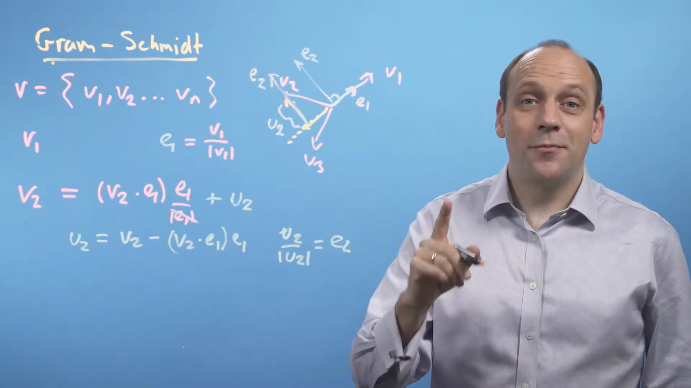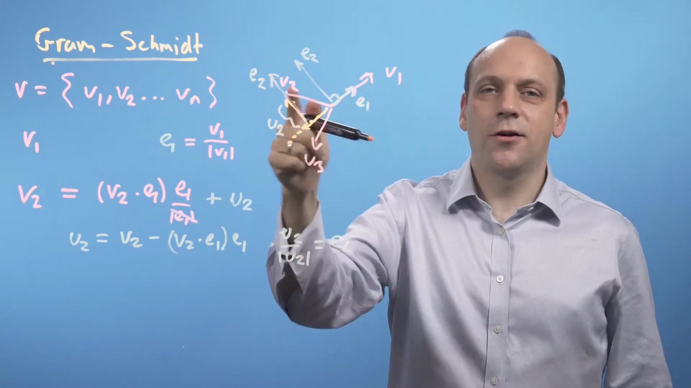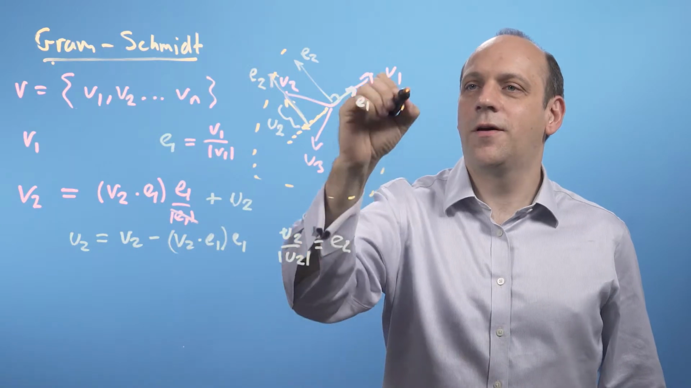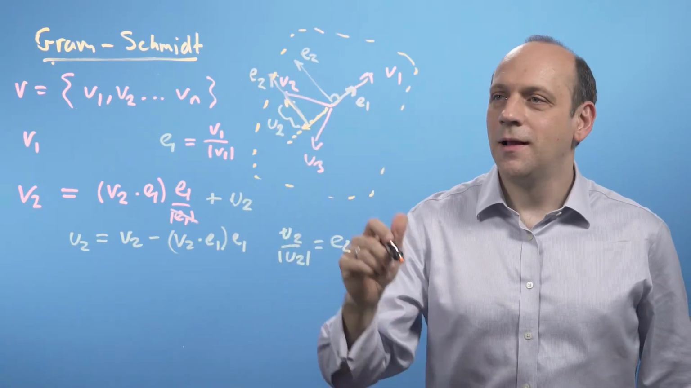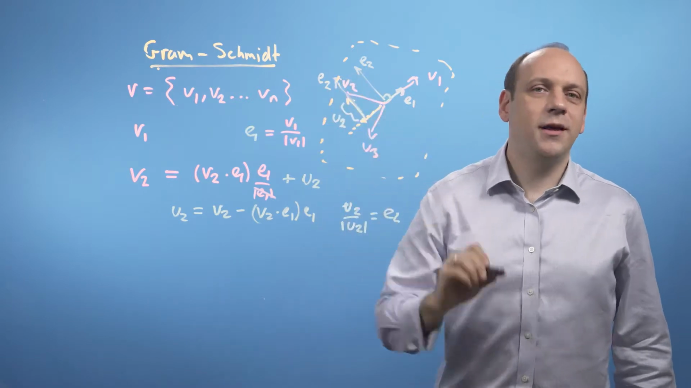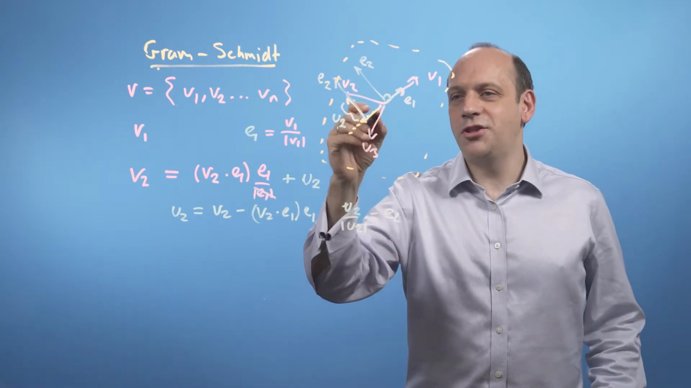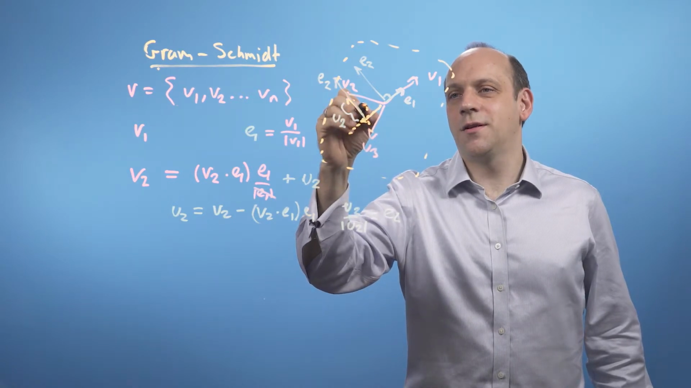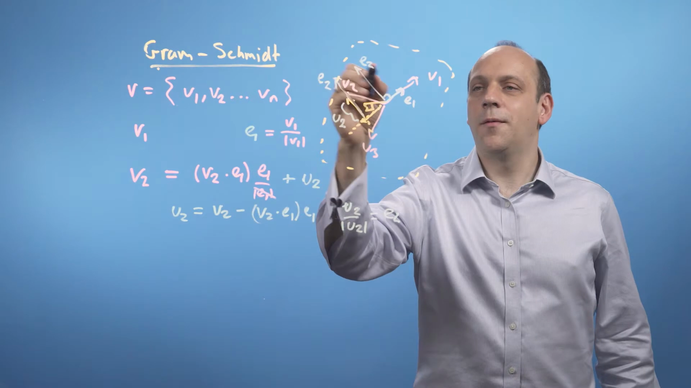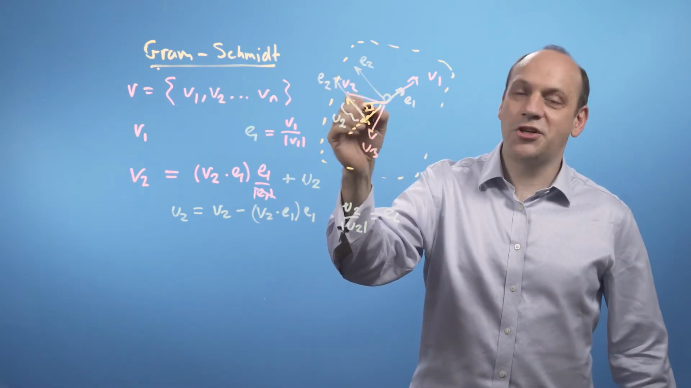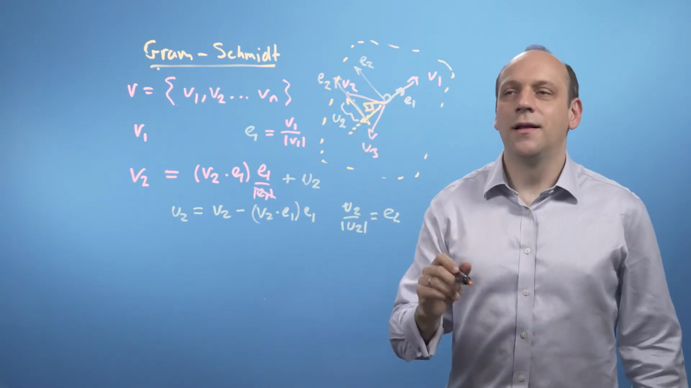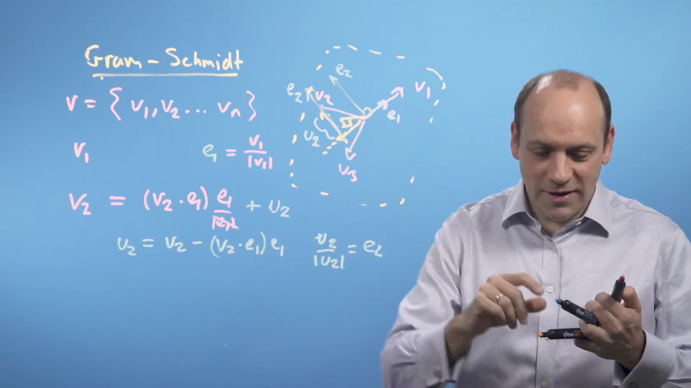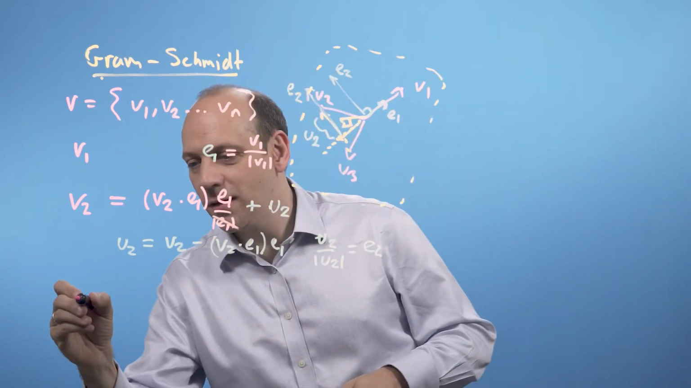Now, my third vector, v3, isn't a linear combination of v1 and v2, so v3 isn't in the plane defined by v1 and v2. So it's not in the plane of e1 and e2 either. So I can project v3 down, something like that, onto the plane of e2 and e1, and that projection will be some vector in the plane composed of e2s and e1s. So I can then write down v3